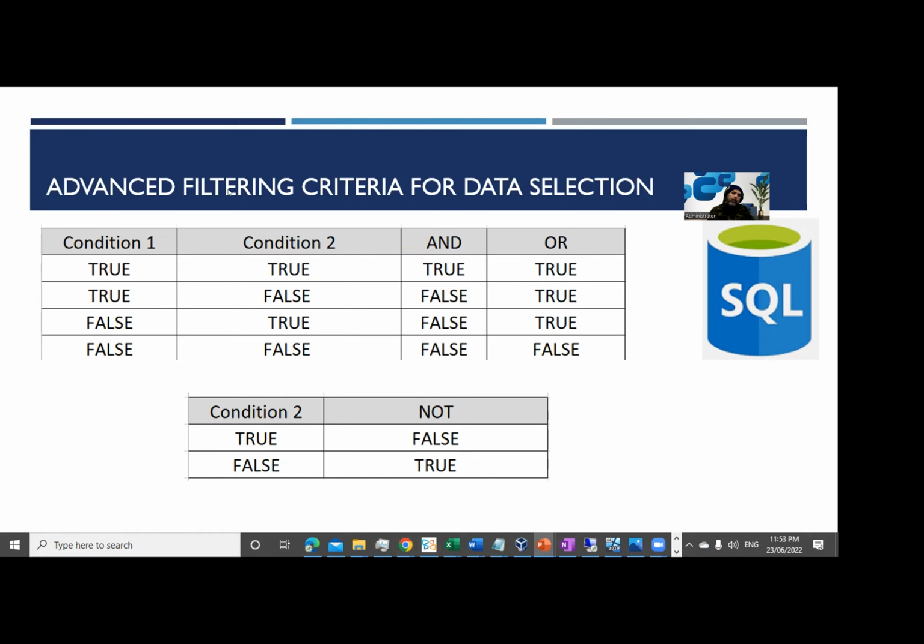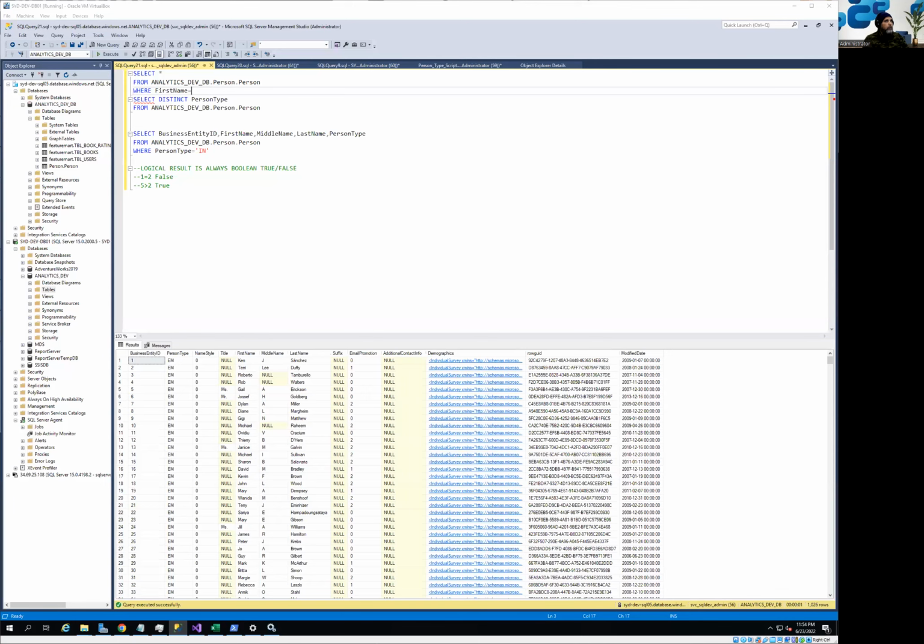Now enough theory, let's jump back into the demo and see some operators in action. Let me go to my lab environment, and we are again on SQL Server today. Excellent. So what I'm going to do in here, let me just start with the